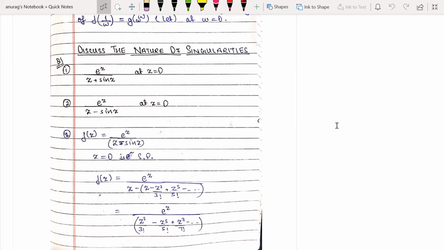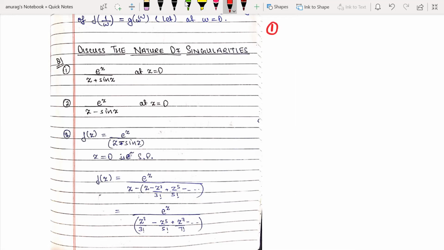I told you the definition with the help of the Laurent series. If the principal part of the Laurent series is zero, then the singular point becomes a removable singular point. If there are a finite number of terms in the principal part of the Laurent series, then the singular point becomes a pole. And if the number of terms in the principal part of the Laurent series expansion of f(z) about the singular point is infinitely many, then the point becomes an essential singular point. So let's see some examples based on the theory I have studied in previous lectures.